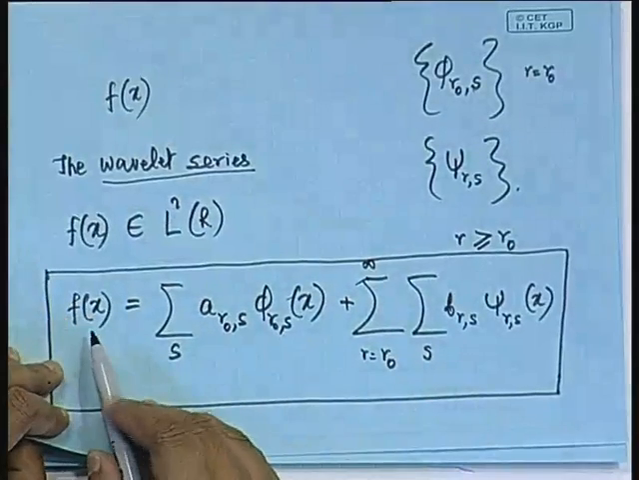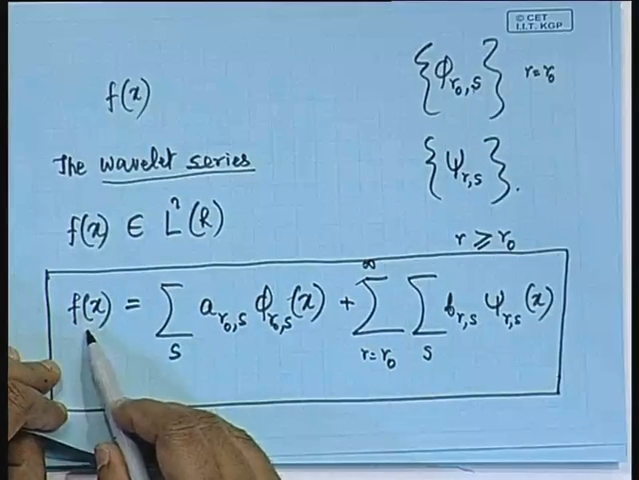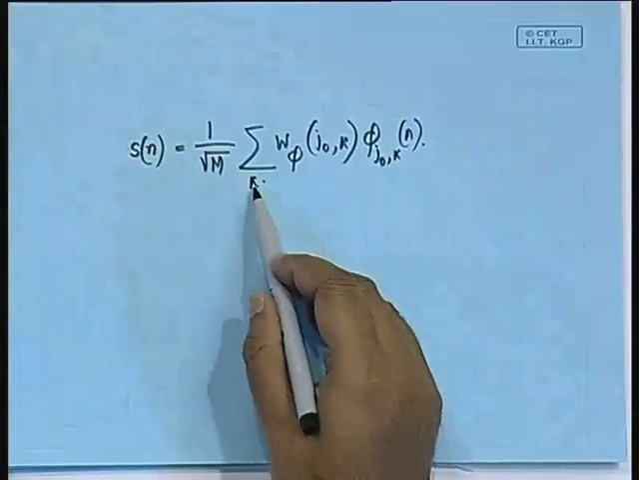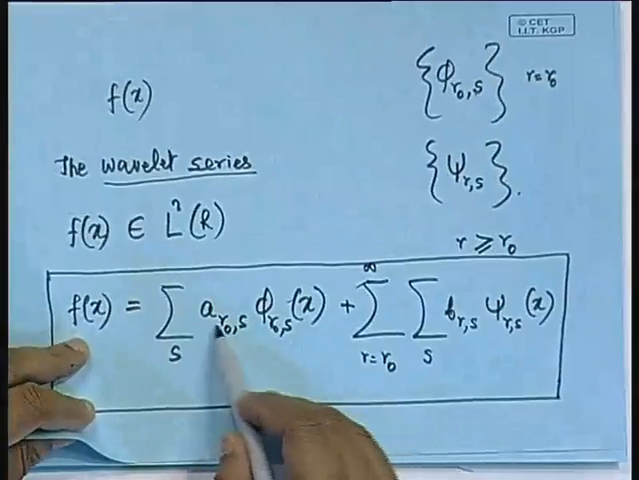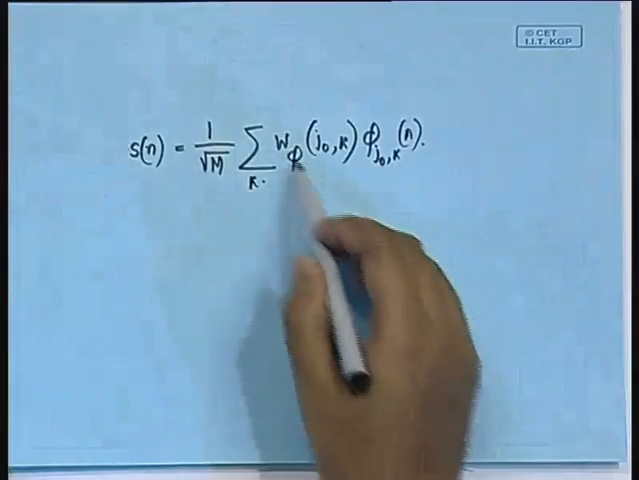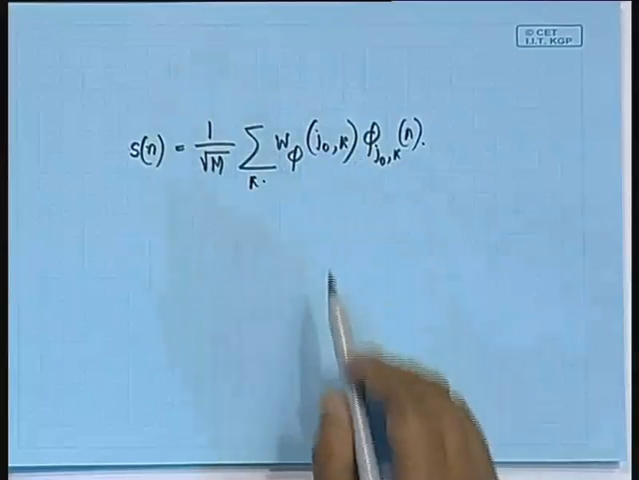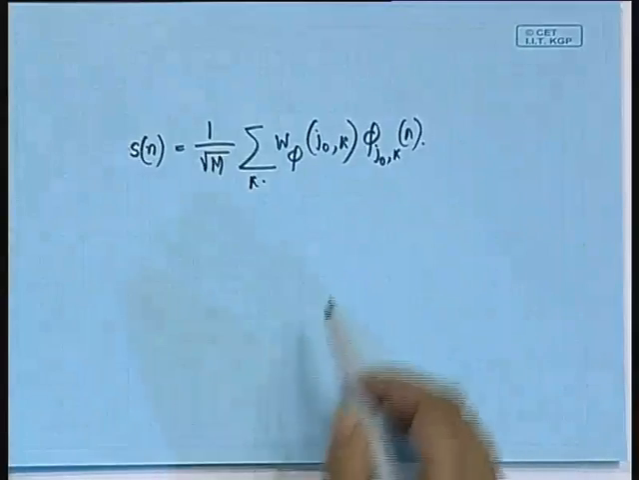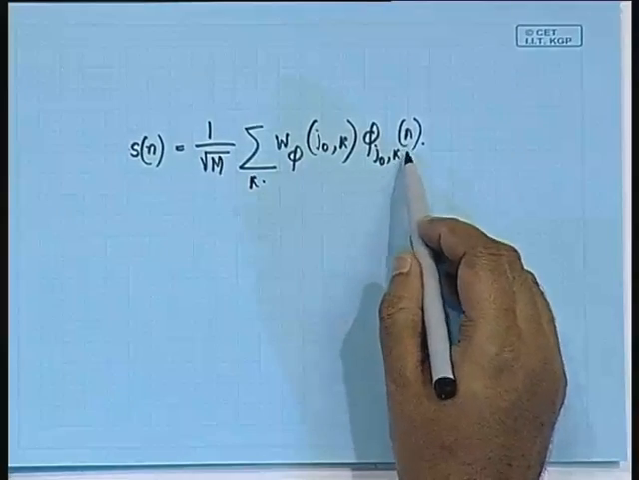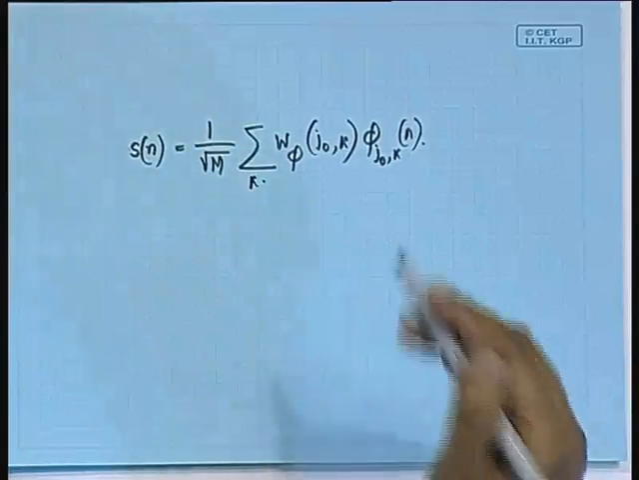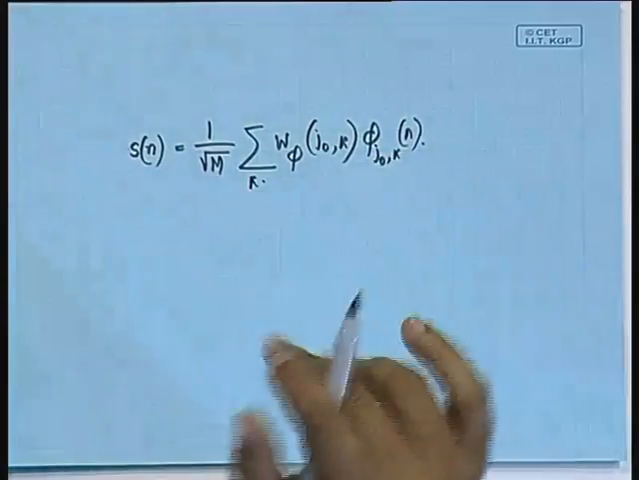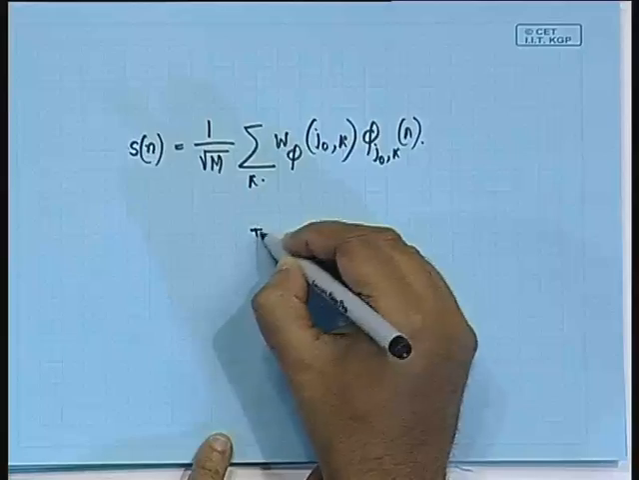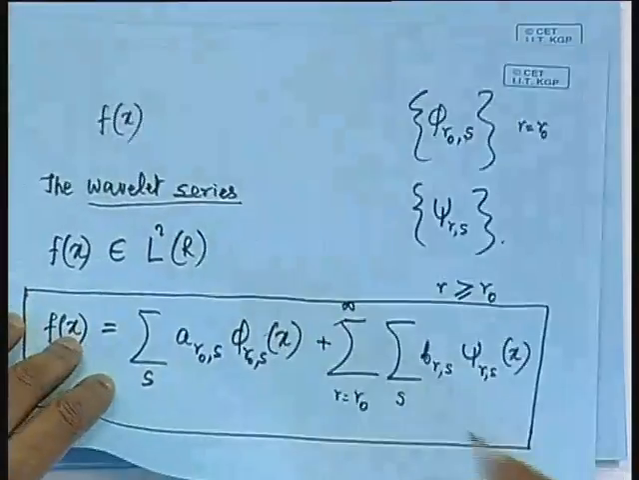No major difference. F x is replaced by S n. This S now we are calling as k. A r 0 s now we are calling as W phi j 0 k, and phi r 0 x we are now calling as phi j 0 k n, right. So, this is the scaling function quantity, and the wavelet function quantity will be just like the way we had